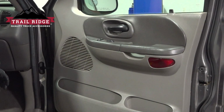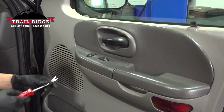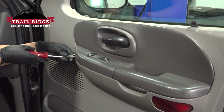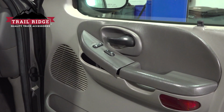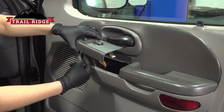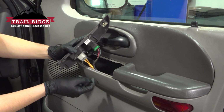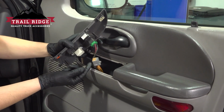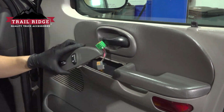It's time to take the door panel off, and to start, I'm going to remove this window and lock switch. Now use a trim tool, stick it in the front here, and pop it up. Sometimes you can do this without a trim tool too, and then pull it forward, flip it over, and you can see the connections for the window switch and the door lock. Press the button and wiggle the connections out, and then once these are both disconnected, you can set your switch